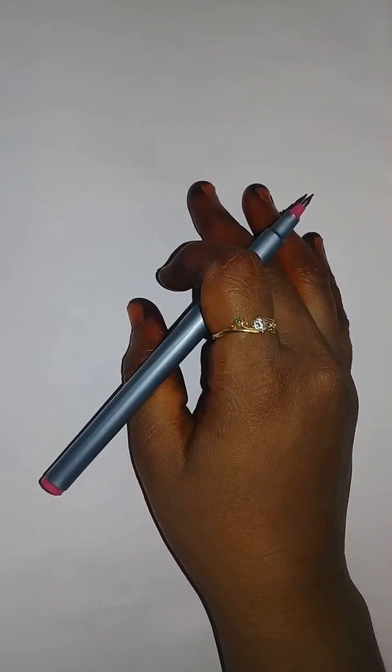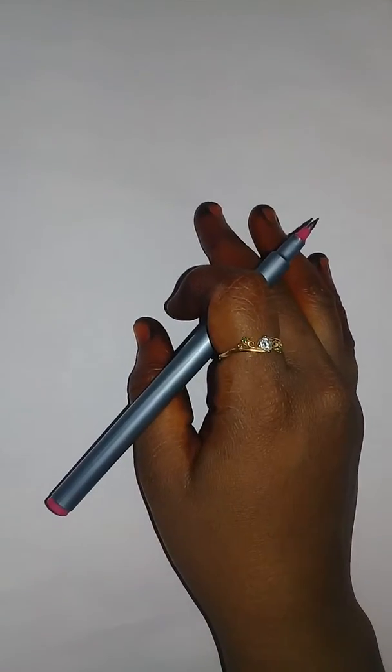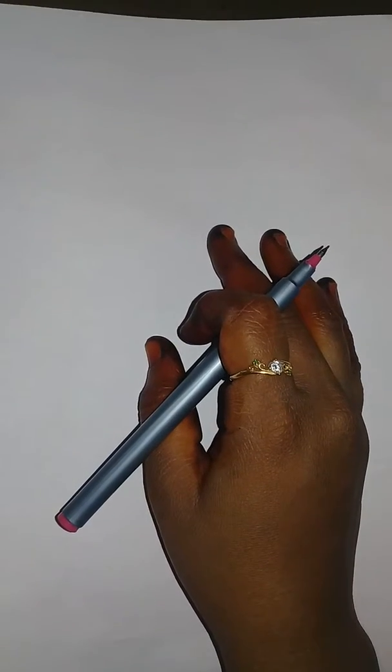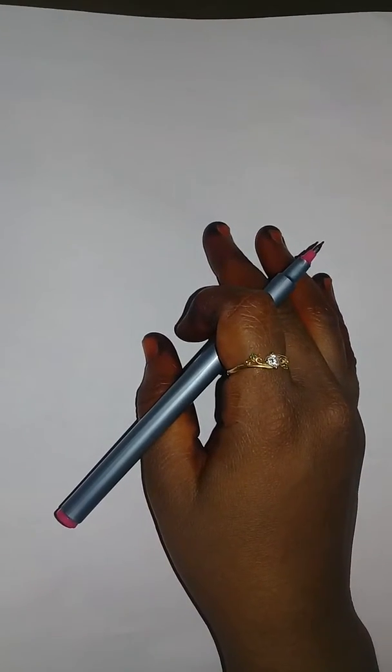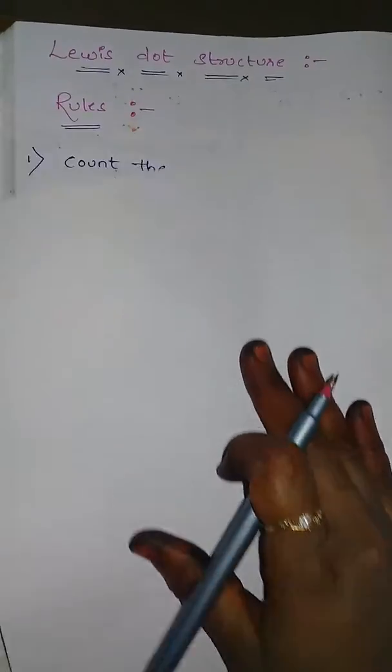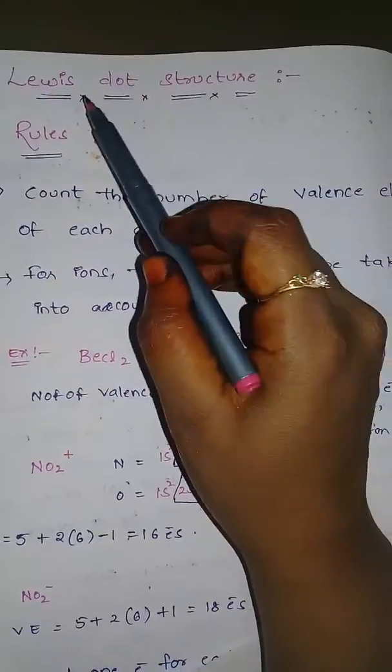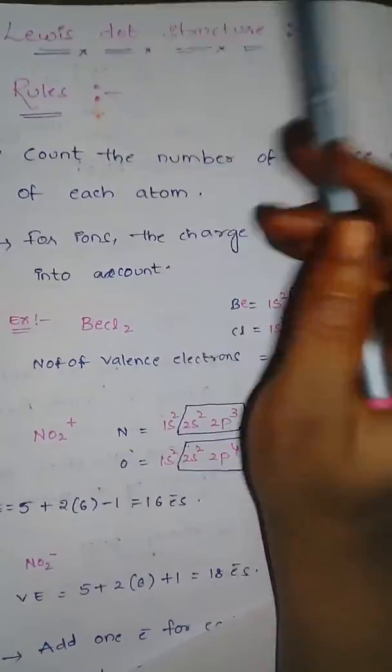Hi friends, in this video I am going to explain about Lewis dot structure. To draw Lewis dot structure, there are some rules we have to follow. The rules are: